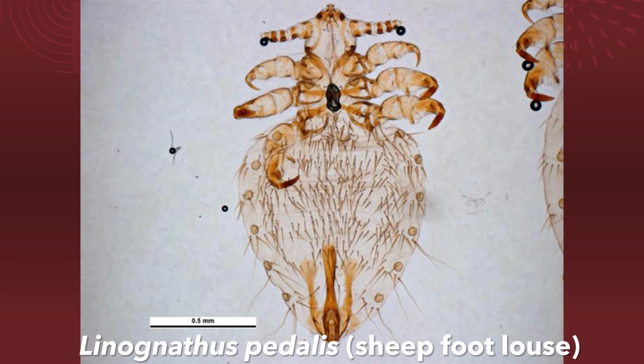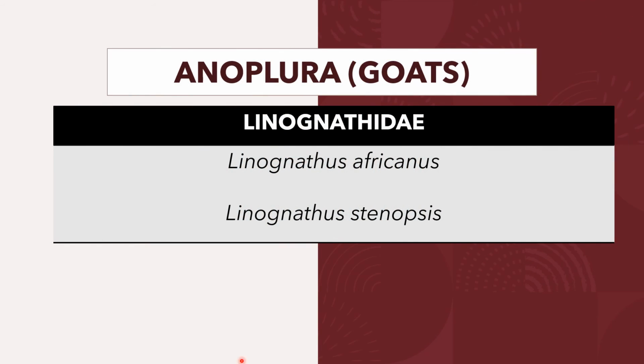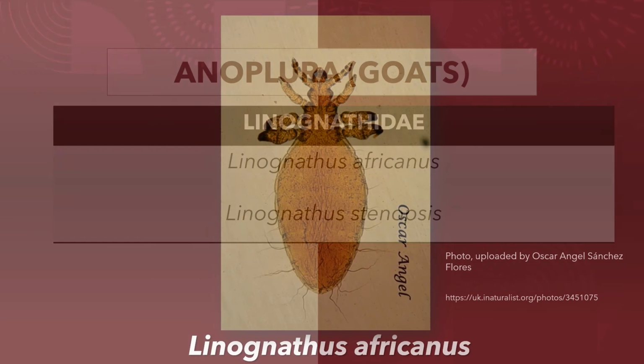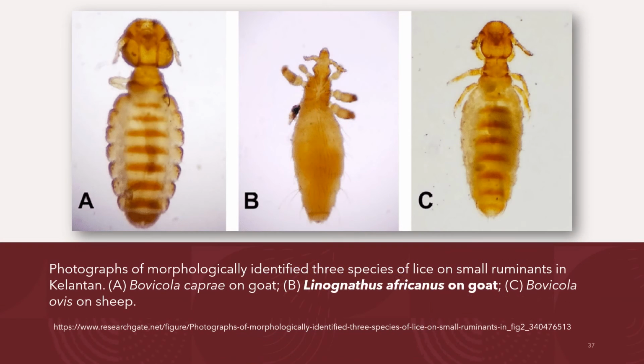Another sucking lice of sheep is the Linognathus pedalis or the sheep foot louse. Goats are also infested by the sucking louse from the Linognathidae family, and these include the Linognathus africanus and the Linognathus stenopsis. This diagram is the Linognathus africanus adult. This is another representation of the